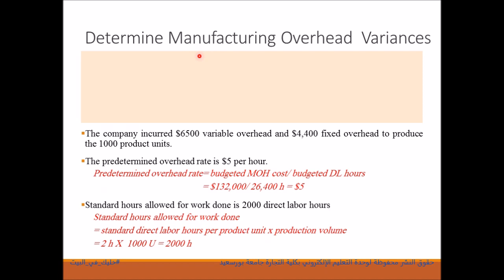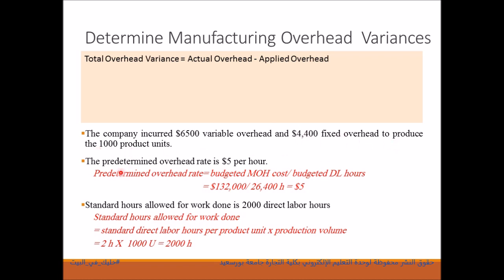So far, we have analyzed material variance and labor variance. Now we are going to analyze overhead variance. Overhead variance can be obtained by subtracting applied overhead from actual overhead. It's mentioned in the given information that the company incurred $6,500 variable overhead and $4,400 fixed overhead to produce the